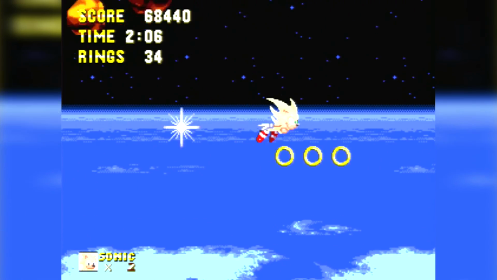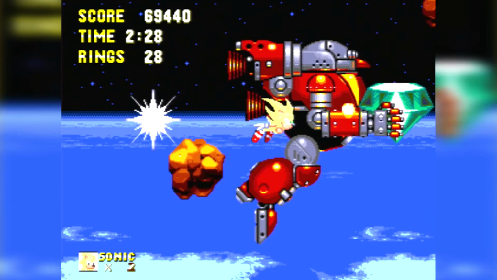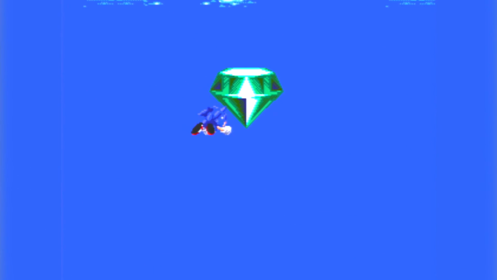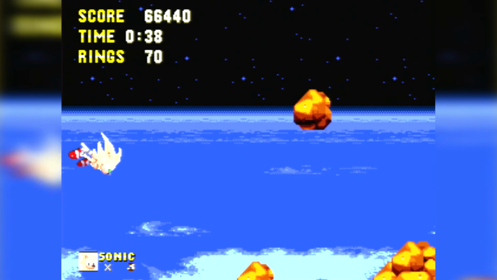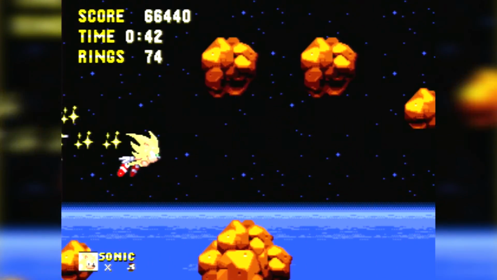Smash into Robotnik while avoiding bombs and asteroids like the world depends on it. With the final blow, the final weapon explodes and Sonic plus the Master Emerald get rescued by Tails. Hey buddy, long time no see. The Doomsday Zone tries new ideas and the mechanics take a bit to get used to, but man is it